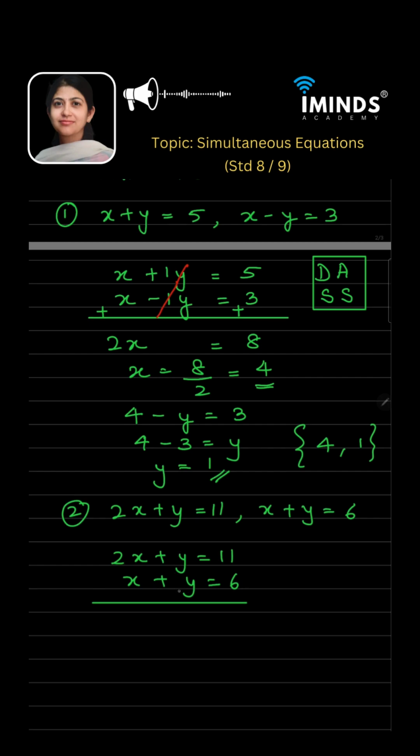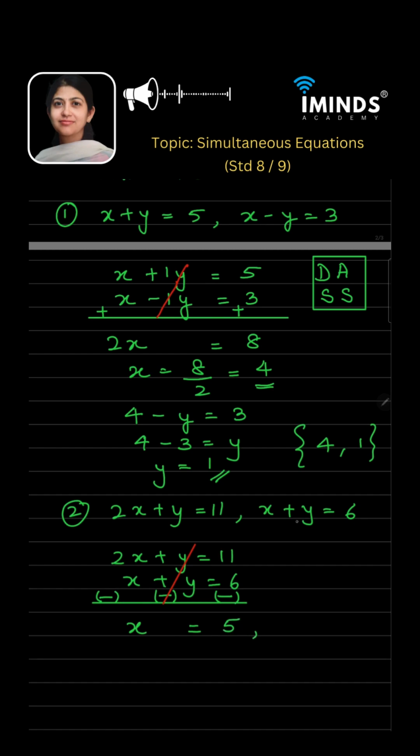Yes, but now what you observe, the sign of both is the same, correct. The sign of the coefficients of both is the same. So you want to eliminate, but the sign is the same, so you cannot add. So when the signs are the same, you will subtract, right. This is the rule we have learned. So we will subtract. So here this plus will become minus, this plus will become minus. You just write them in small brackets. Okay. So now this is plus y minus y. So you can easily eliminate this. Plus y minus y is 0. Correct. And 2x minus x is x and 11 minus 6 is 5. So your value of x is 5.